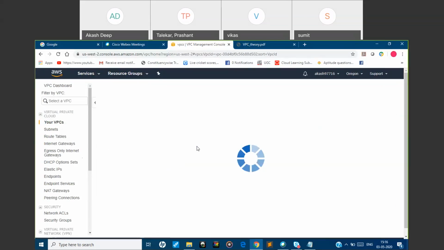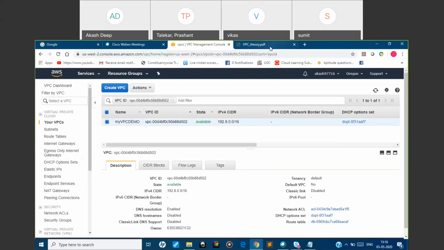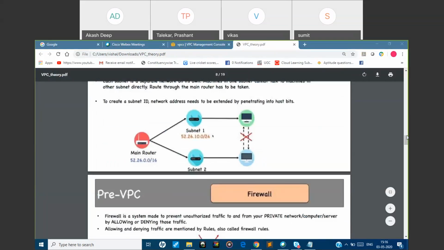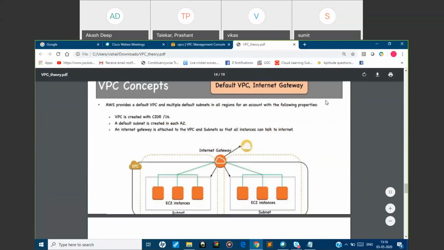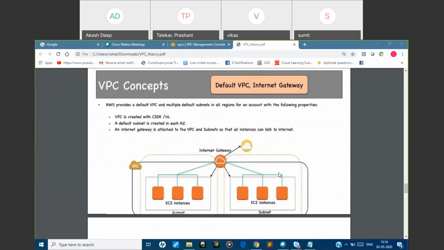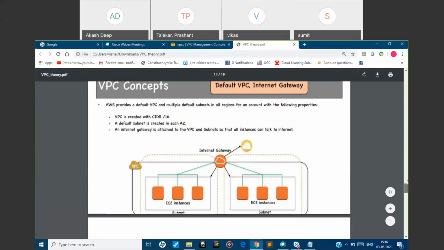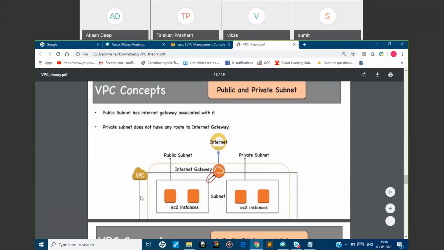Now we'll try to implement this architecture, because in a company you will get this kind of architecture and you need to implement it. So we'll practice with this architecture. We have created our VPC, this line is for the VPC. Now the next step is to associate this internet gateway to this VPC. You can see the internet gateway is on the top of this VPC, so our next agenda is to associate it.